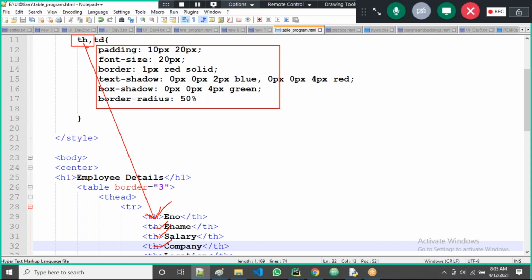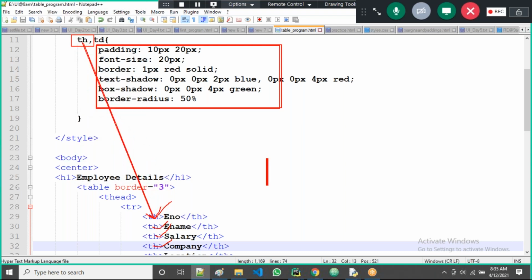So I don't want to apply for all TH tags. I want to apply for a specific TH tag, or a set of TH tags, or all TH tags. So three types are there, guys. You can take it in three ways. Whatever styles I'm taking here, those styles actually apply for all TH tags, right? But I don't want to apply for all TH tags.